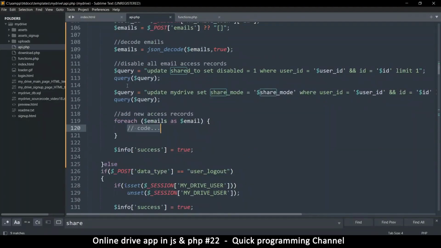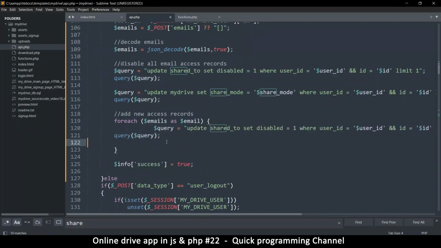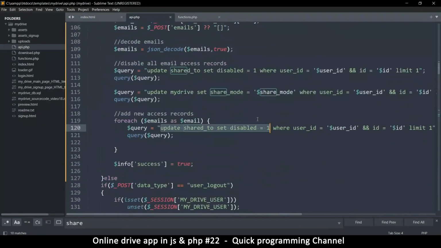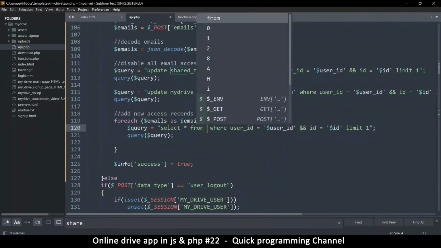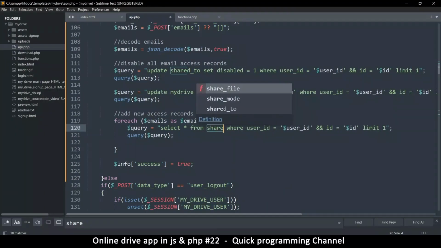Okay, so the first thing I need to do is check if the current email I'm on already exists. All right, let's do this. Now the ID here is for the file, so file ID should be equal to this. So here, first of all, let's do a select. So I'm going to do this thing, select all from shared to